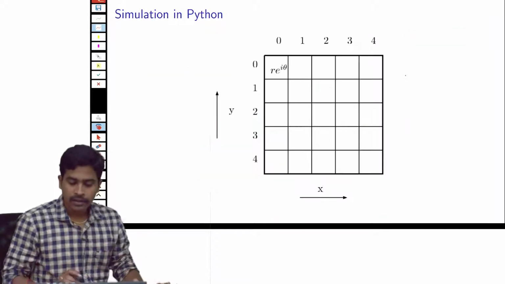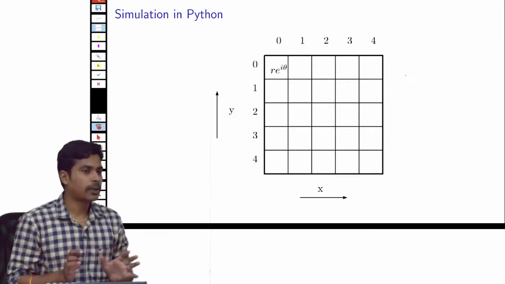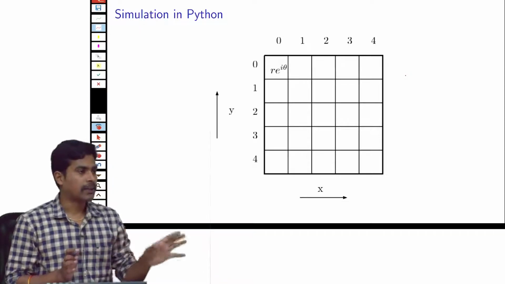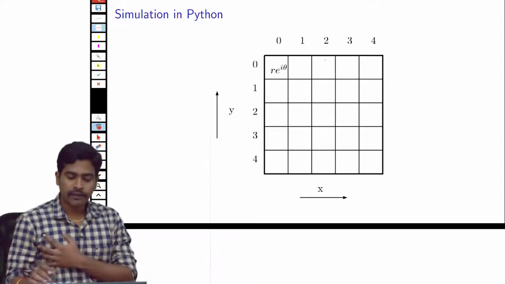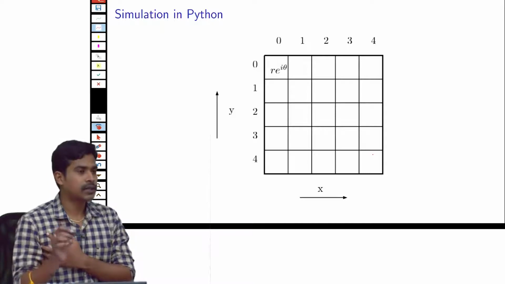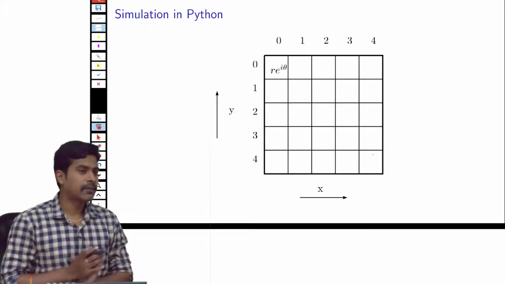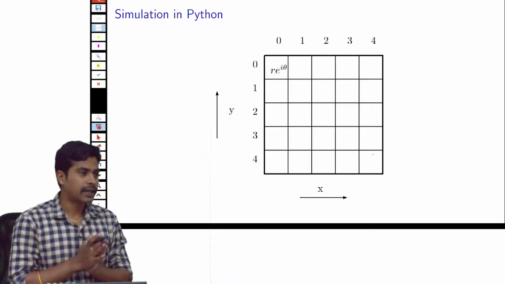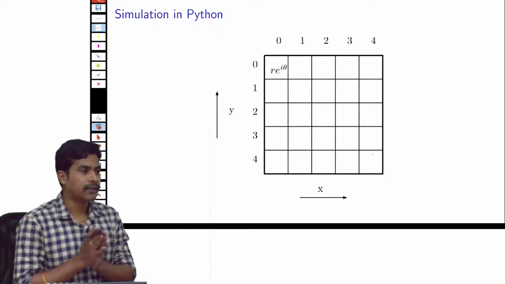So what we have to do to simulate is create two matrices in Python, one for plane wave 1 and the second one for plane wave 2, and we have to represent the matrix with the phase values at each of these points on the plane wave. As I have said before, the plane wave has a constant phase on the screen, and the matrix is going to be all constant phase values.